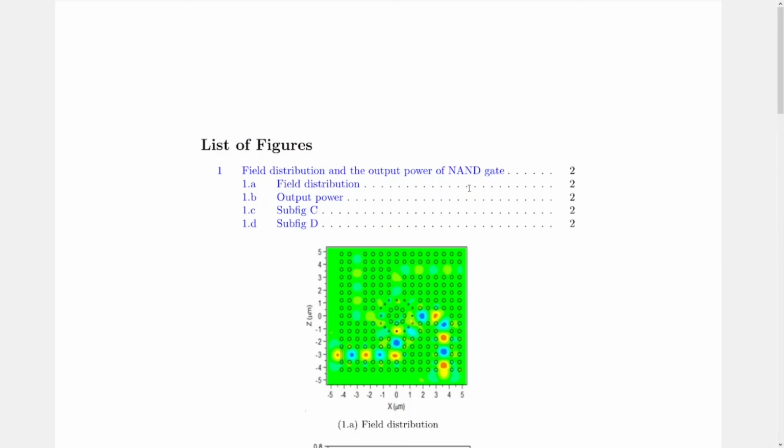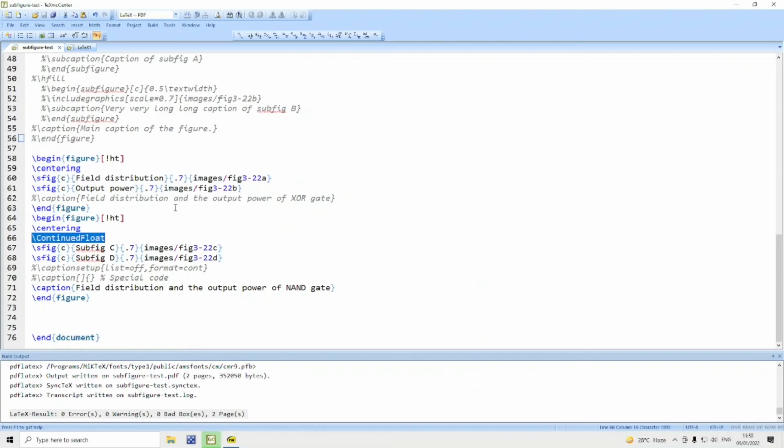How to overcome this problem? We use a special technique. Namely, you give the caption, main caption at the end of the set of first subfigures, and then here you comment this out. You say caption is empty square brackets followed by empty curly braces. Empty curly braces will mean that main caption will not appear at the end.